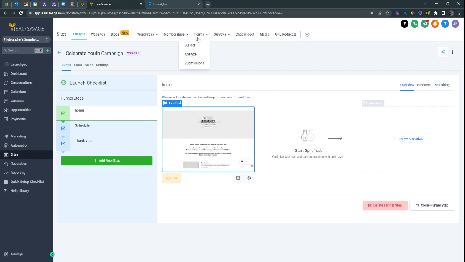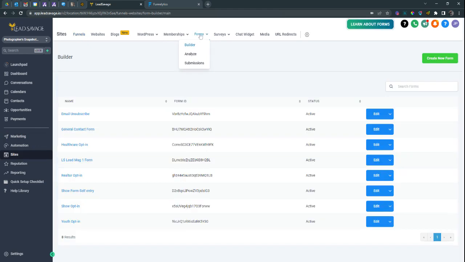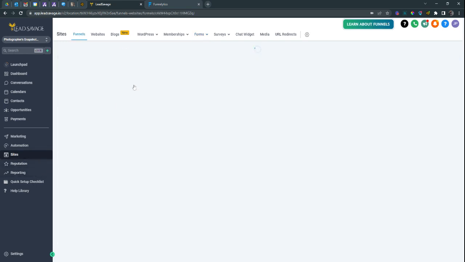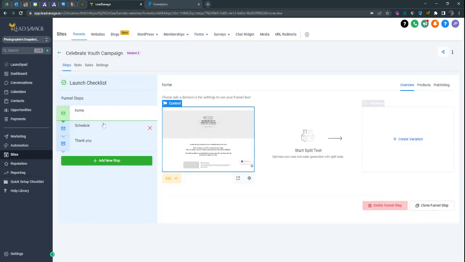First are forms, next are sites, then automations, and then the marketing templates that are sent out from the automations. Let's take a look at forms. Inside forms, you'll see that we have a series of forms built for each of the campaigns that are included in LeadSavage. Here, you'll see that we have a youth opt-in form. Going back over to sites, youth opt-in, or Celebrate Youth, and we navigate out to the page,